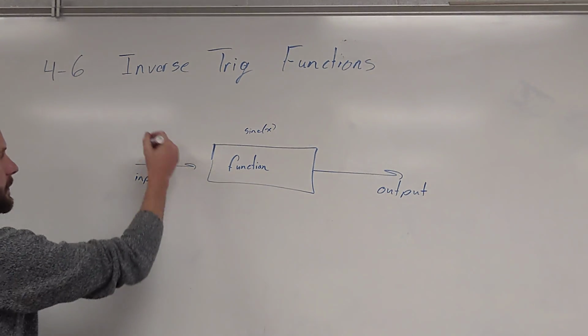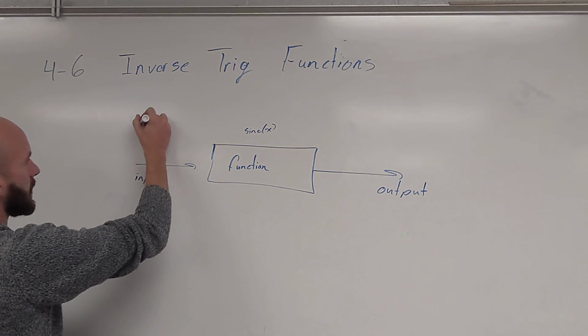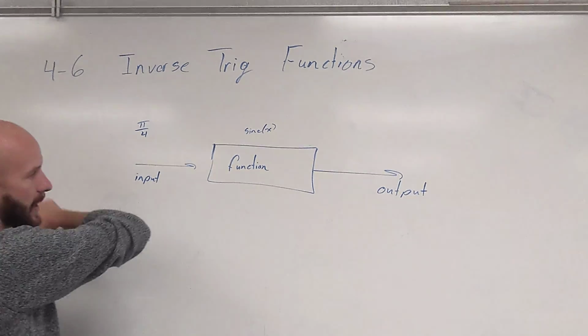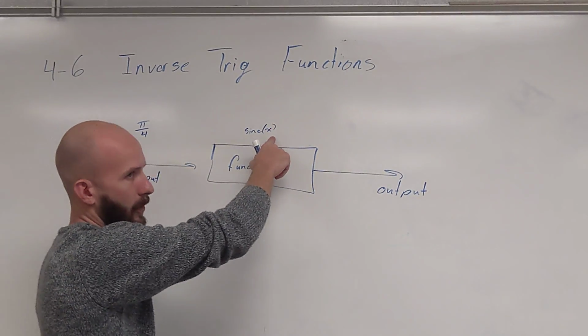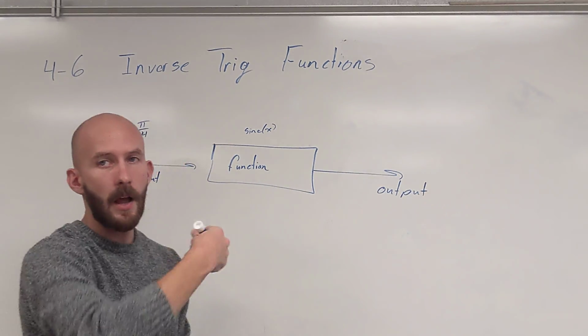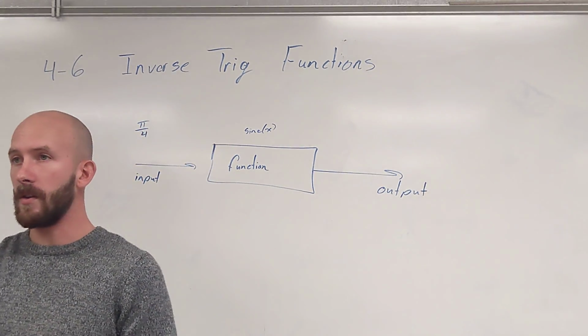So I'm going to put a value of like say pi over 4 in. Okay, so if that is my input, I put it in for x, and then what would the output be? Sine of pi over 4 is